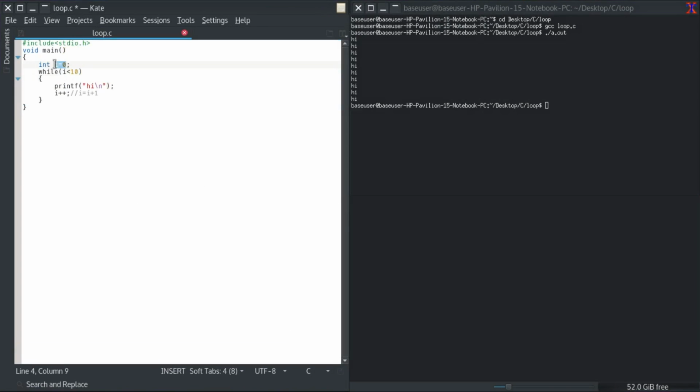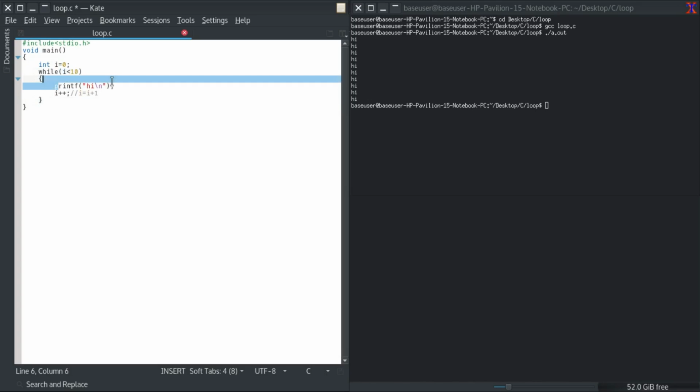And we have i equal to 0 over here. So for the first time it will check if 0 is less than 10. Yes, it is. It will run this, print hi, add 1 to i. Now i will become 1 because it was 0 first. And then it will again get back here, check if 1 is less than 10.